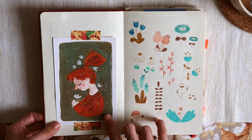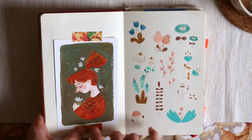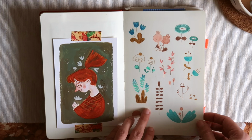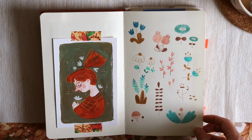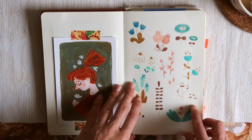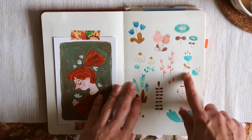Another little gouache practice. I really like this background here, but for the most part, nothing else about it stands out too much. Well, I don't know if I've mentioned it here, but prior to starting this video, I talked about that I'm